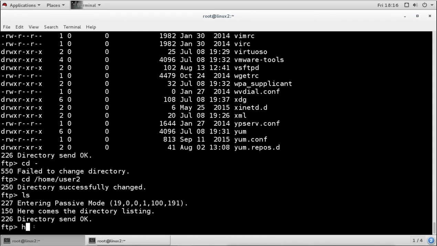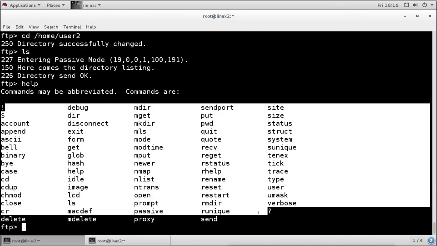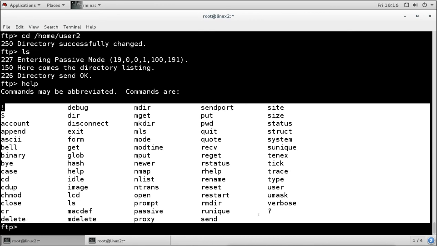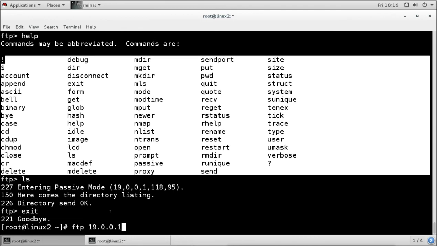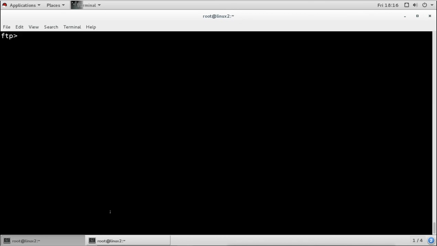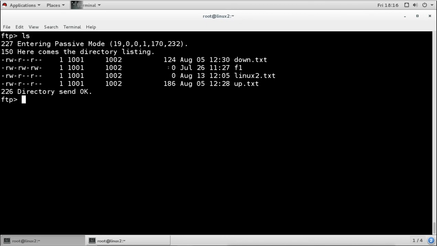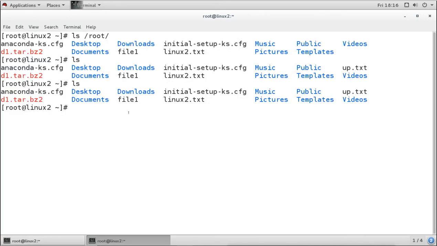only these FTP commands will work. That means when you give help, only these commands will work here, because this is the FTP terminal. It is not the local machine's command, and that is why it is not showing the local machine files. If I give ls, it will show the files which are on the server. It will not show the files inside our local machine. So when I run ls, I logged in as user 1, so it is showing the files on the server, it is not showing the local files. So the command is running on the server, it is not running on the local system. To run the command on the local system, we have to go to another terminal and then run the command.